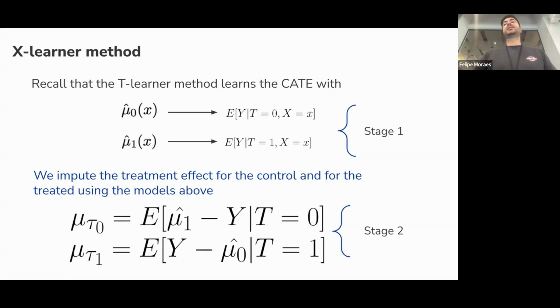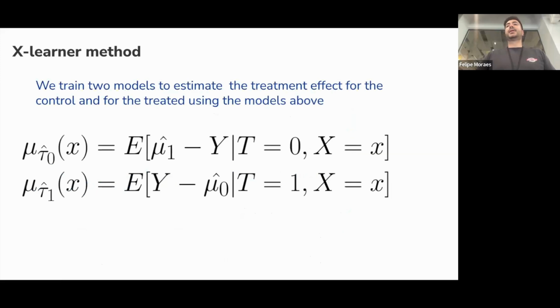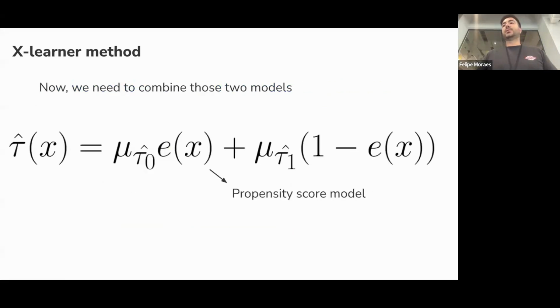We're going to take these variables, which are the output of one model, and learn another two models. That's where the X comes from, and we're going to learn from this data that we created synthetically, right? The X-learner learns from this counterfactual outcome, and then what we have to do is combine these two models. The combination of these two models is a bit tricky, because we introduce another variable to combine them, and another model.